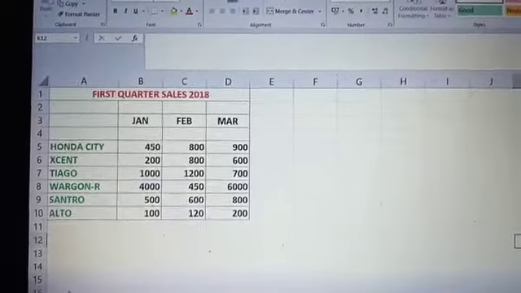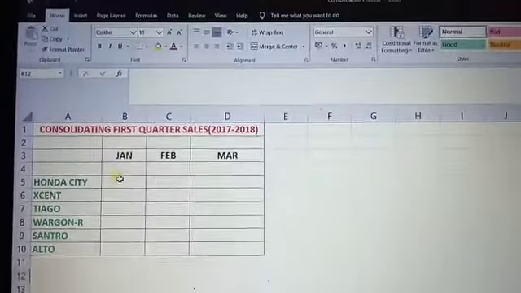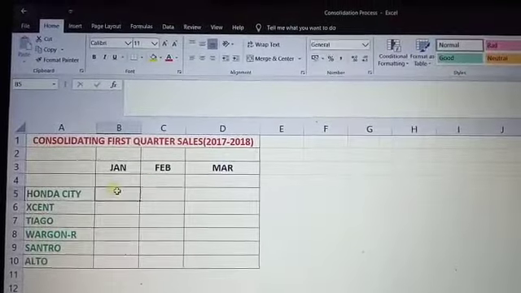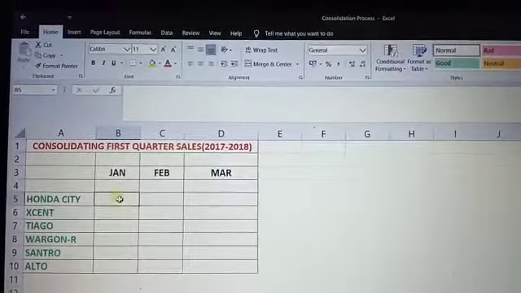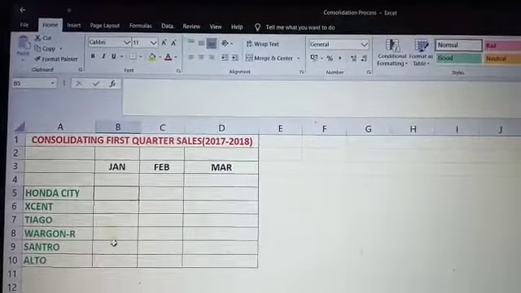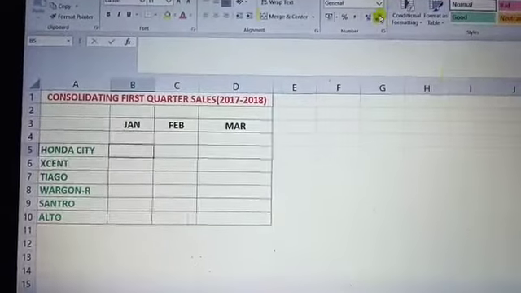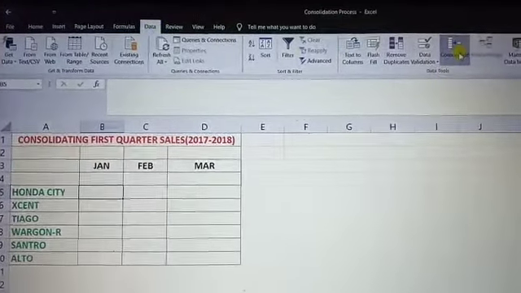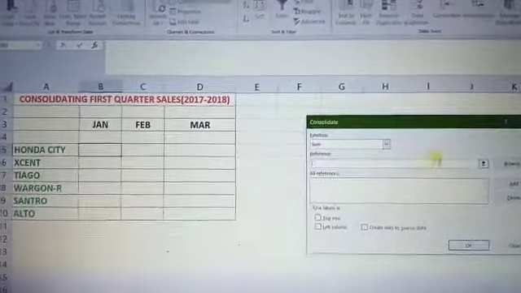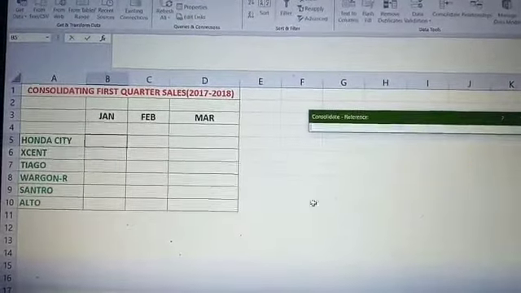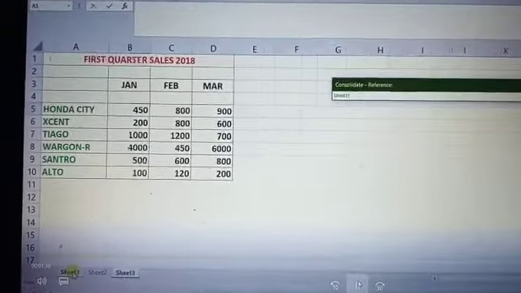Now click on sheet 3 and select the B5 cell only, then click on the Data tab, click on Consolidate, click on the up arrow key and come to sheet 1.